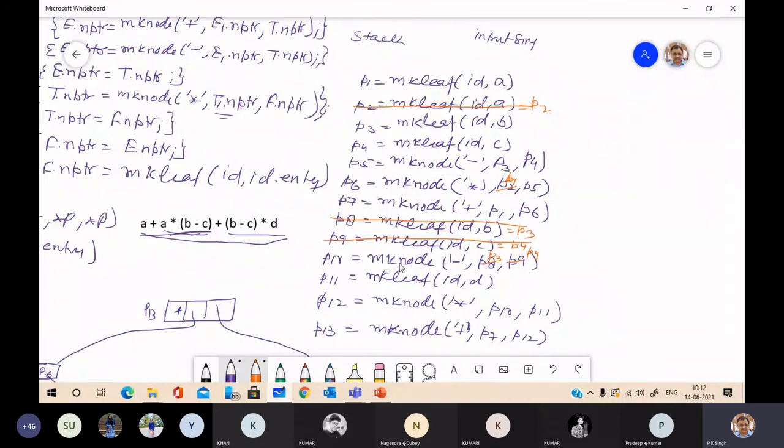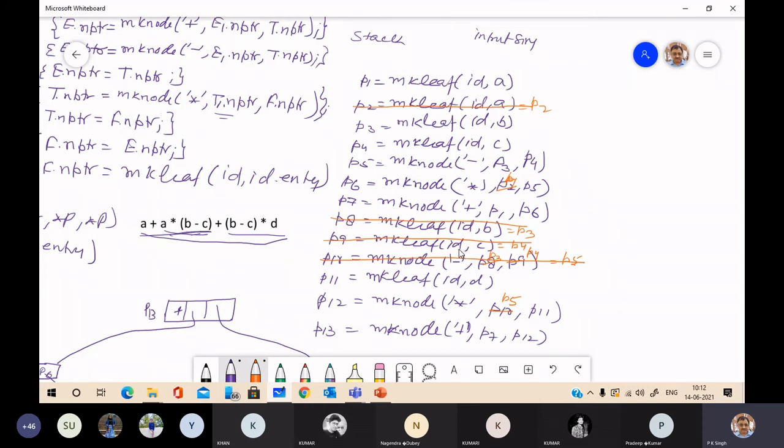And when you replace the arguments of this make node function with P3 and P4, you will find it is nothing but P5. It will become P5. So where you have used P10, you can use P5 and you can remove this.